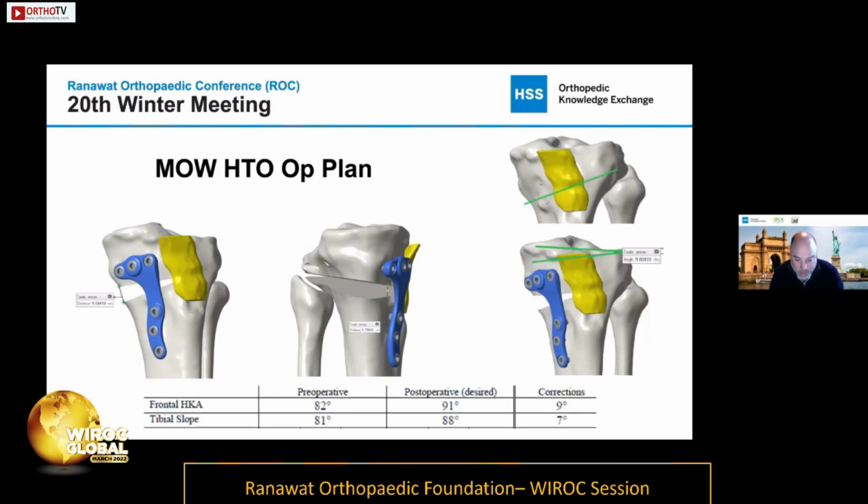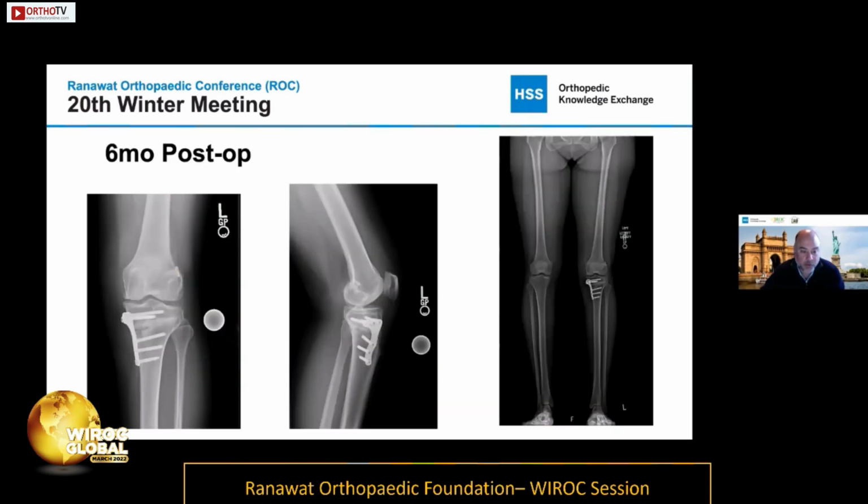Her MPT was 82, so I wanted about a 9-degree correction coronally. Her slope was about 81, and I wanted to dial in about a 7-degree correction sagittally. So this is what it was. So we reduced her slope, and although she still has a